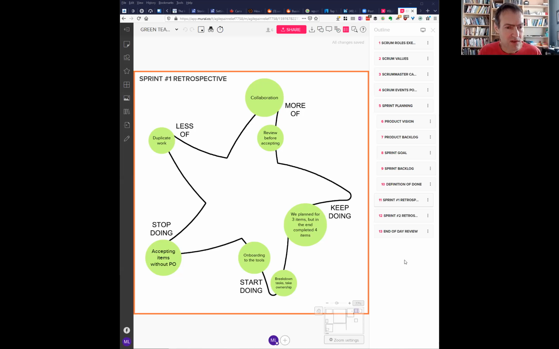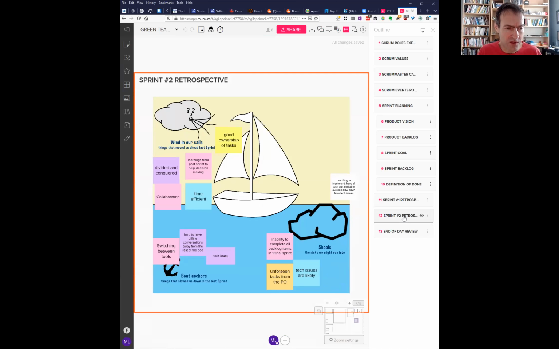Okay, what were their results? Well, in Starfish, you figure out things you'd like to do more of and less of. What you want to keep doing, start doing, and stop doing. So this team, it turns out, had done a lot of work, and they didn't actually talk to their product owner before declaring it accepted. So that's a stop doing. I won't belabor the point. They used it to diagnose themselves, and then in the next sprint, we moved to a different tool, the sailboat